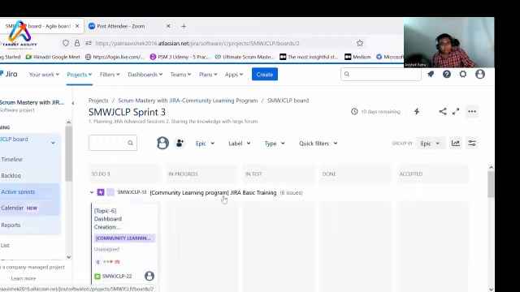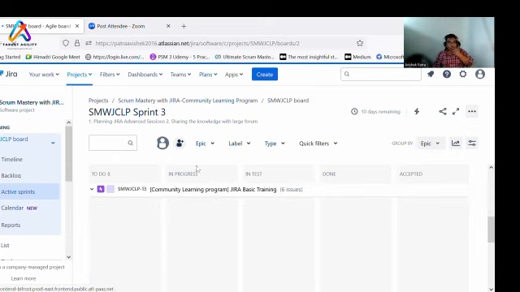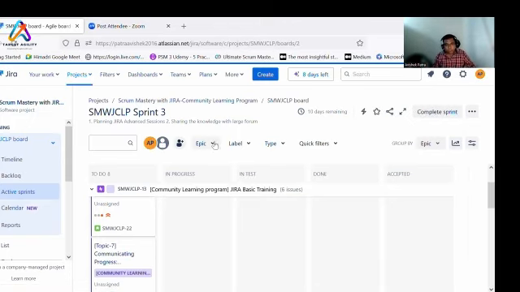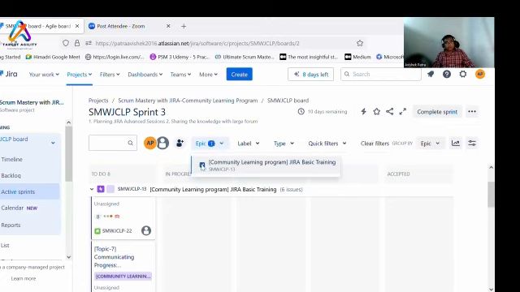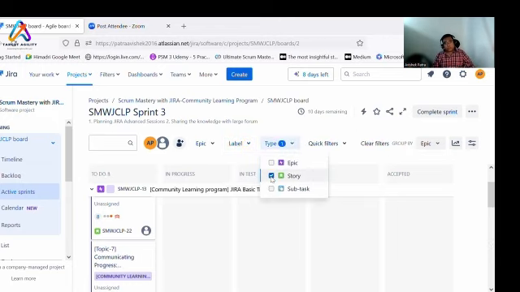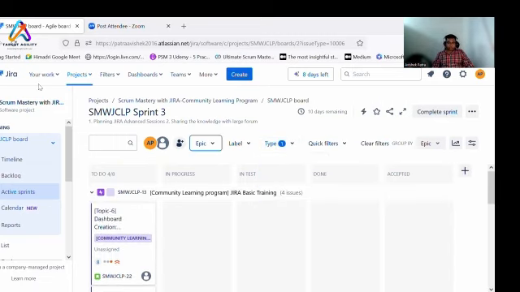Now, if you see active sprints, the columns are To Do, In Progress, Done, Accepted. These are my columns. Everything here is in place, right? And we have the team members here. So the assigned names are coming up here. If you want to select based on the epic, you select the epics. It will show labels. If you have any labels, these are like filters. If you select this one, Jira Advanced, your board will be rearranged based on the filters. Type, if you want to see based on the story, if you select here, your board will be rearranged accordingly with respect to the type.